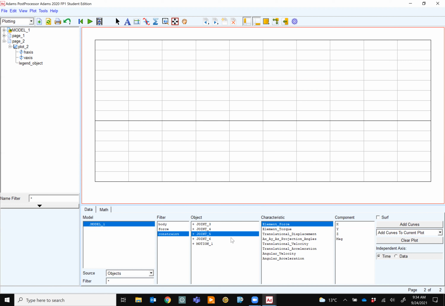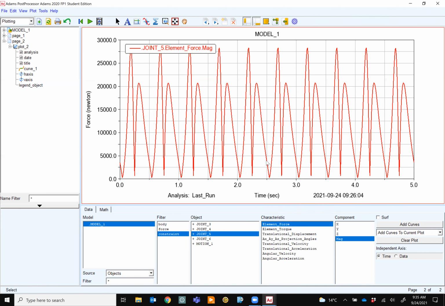And remember, we had all these bearings here in this example, right? Yes. We had the joint or bearings, which are the same. And if I calculate the element of force and the magnitude and curve, so this is the element of force, of course, because it's a rotational thing. So now from this, I can realize that my maximum magnitude of force is around 27,000 Newton, right?